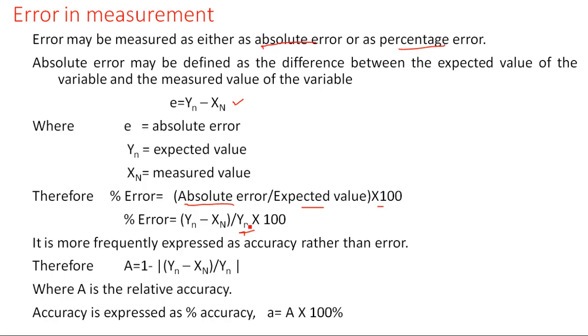There is another term, accuracy. In terms of accuracy also we can express this error. Generally, if error is 10%, then we can say accuracy is 90%. If error is 50%, we can say accuracy is 50%. That means 100 minus the error value is accuracy. In normal value, we can say A is equal to 1 minus the percentage error, so A is equal to 1 minus (Yn minus Xn) by Yn,